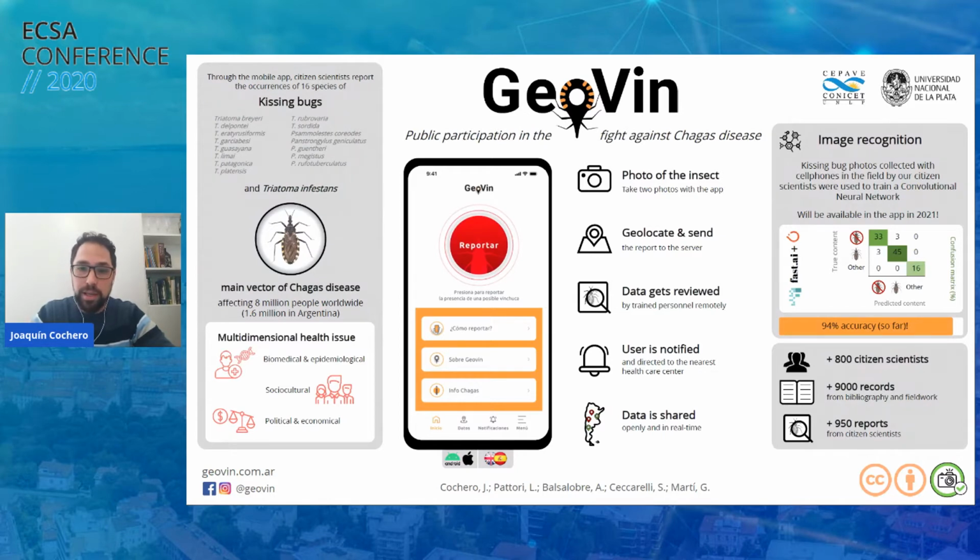This disease is a serious concern. It affects over 1.6 million people in Argentina and over 8 million people worldwide. So it's on the agenda of all major health institutions, including, of course, the World Health Organization. And GeoVin started as a typical